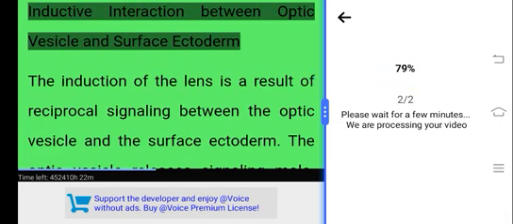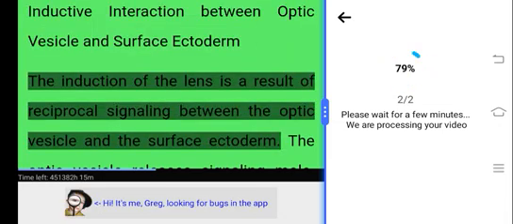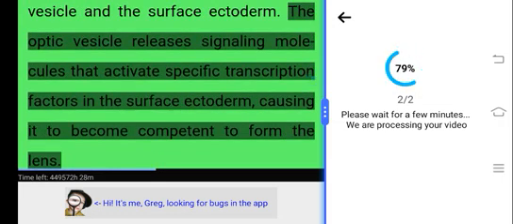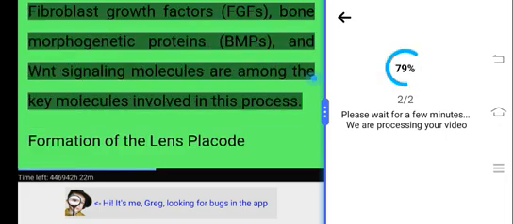Inductive interaction between optic vesicle and surface ectoderm. The induction of the lens is a result of reciprocal signaling between the optic vesicle and the surface ectoderm. The optic vesicle releases signaling molecules that activate specific transcription factors in the surface ectoderm, causing it to become competent to form the lens. Fibroblast growth factors, FGFs, bone morphogenetic proteins, BMPs, and W